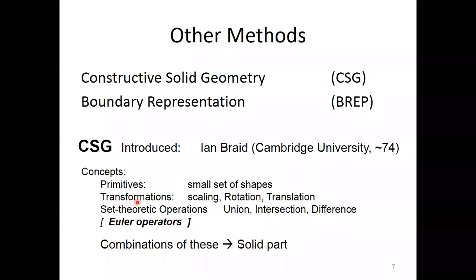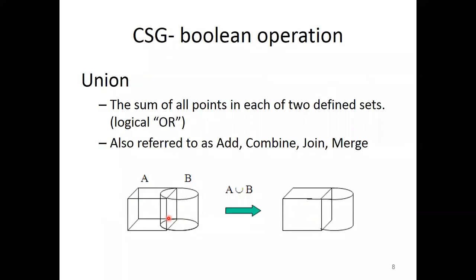Next, the transformations. What are the operations we are going to do? Whether the primitive is rotated, translated, or scaled, such data will be stored. Again, the set of Boolean operations, union, intersection, difference, etc., which are also called Euler operations. Such data are stored so that we are able to generate the required three-dimensional object. Now let us discuss the Boolean operations, because the generation of a solid is combining primitives, and we can make our own required 3D model or 3D object.